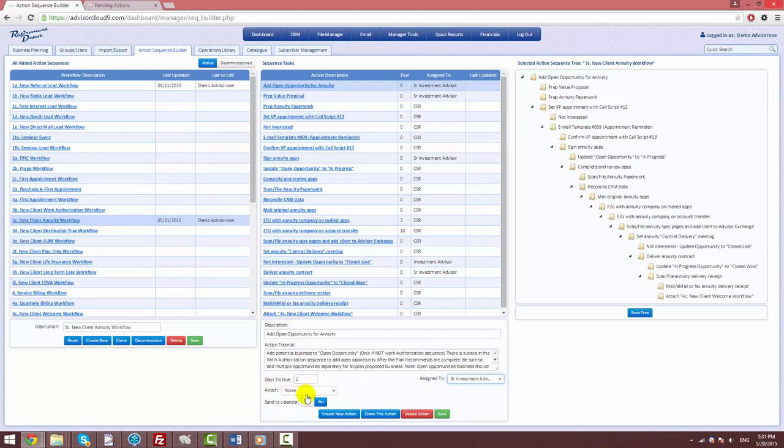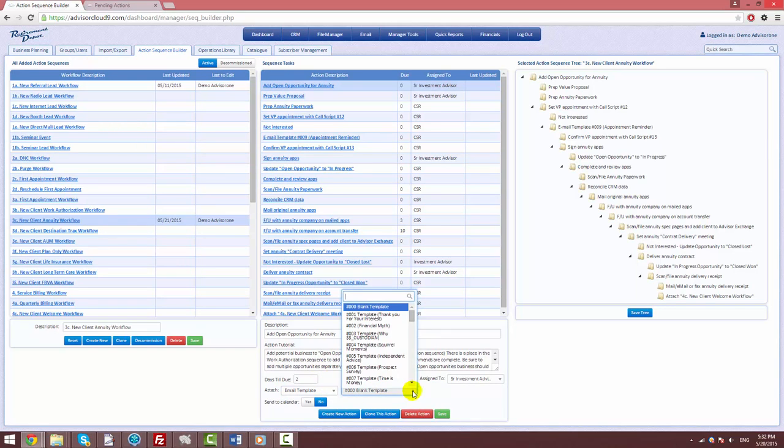Right below that, there's a box titled Attach. This box allows the user to select a genre of material that might need to be attached to any action. The choices are Action Sequence, Call Script, Email Template, or Call Without Script. What this means is that once the current highlighted action is active within an actual sequence, that action will automatically have the selected attachment. So for example, anytime an action is designated to have the user send an email to a prospect or a client, the appropriate email template can be attached to that action in the Action Sequence Builder,